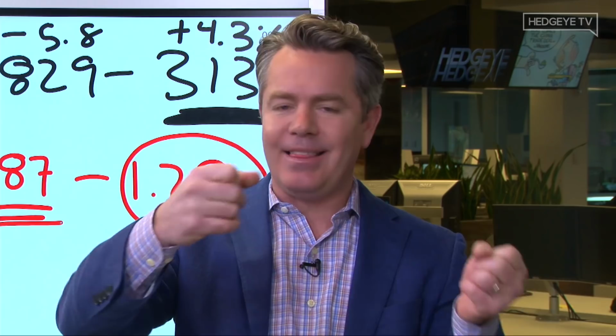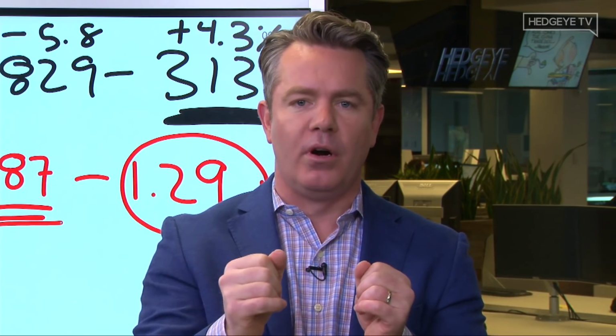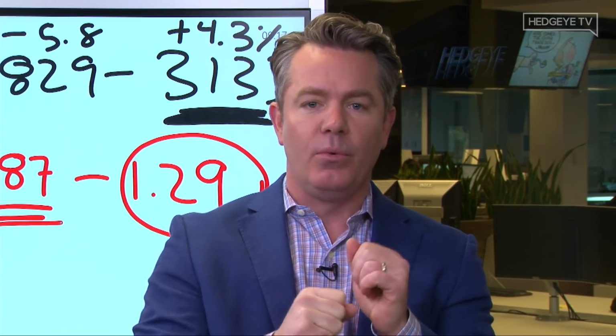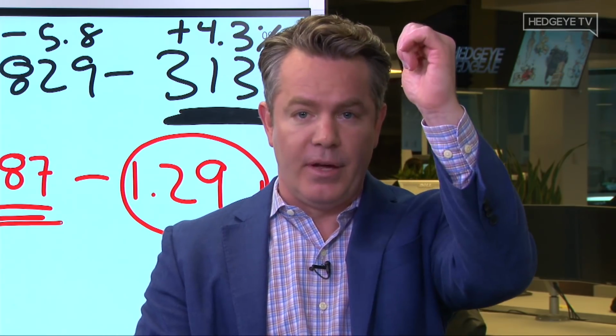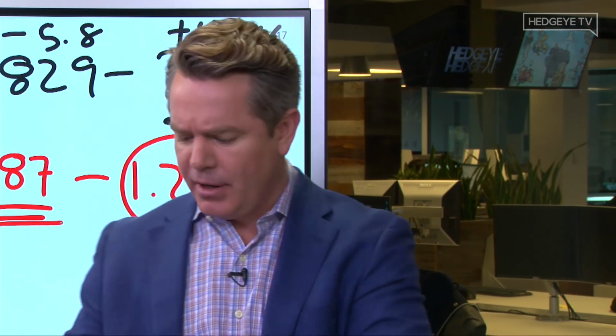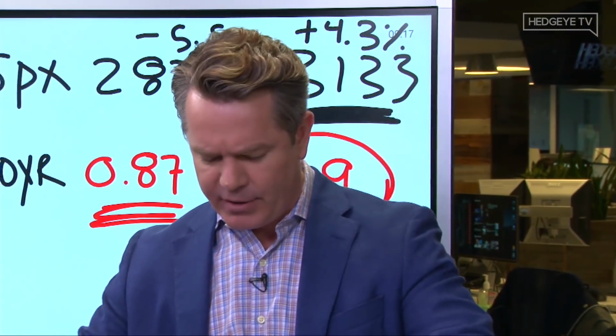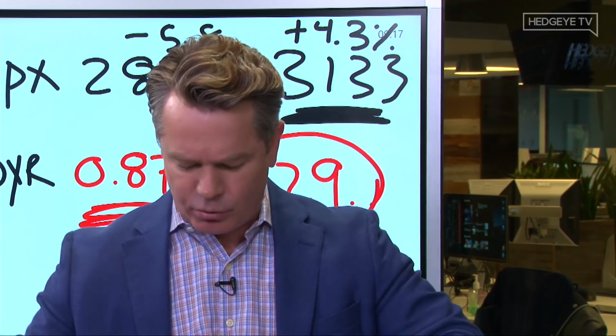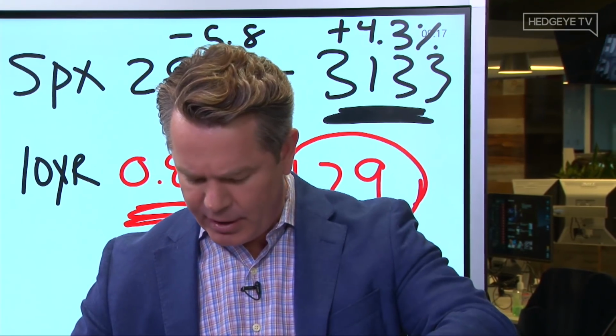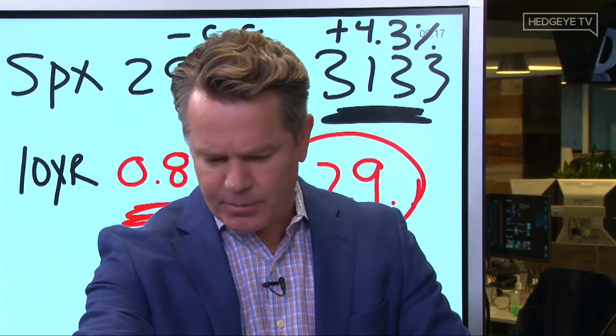Okay, I think we do have a chart where I've explained this before, where on the X and Y axis we have the MOVE index, Treasury bond vol, and we have high yield spreads. So what happens in that environment? Actually, we do have a great slide. It's in a different deck, but in this deck in particular, I think it's slide 32, guys, if my memory serves me correct.